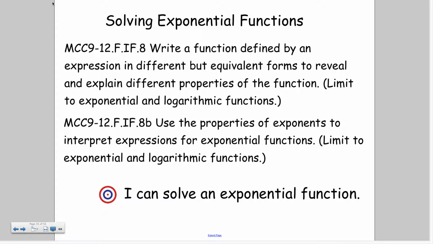Let's go ahead and start the next part of the video. So we've already solved logs, now we're going to solve exponentials. So if you're on page 18,